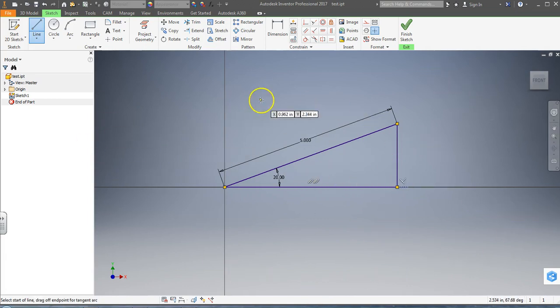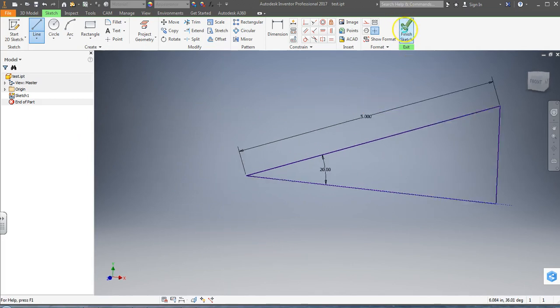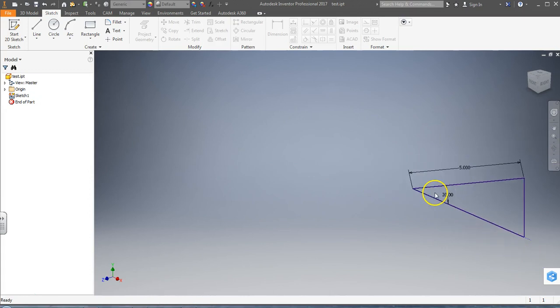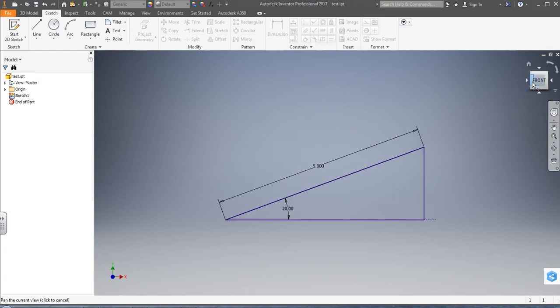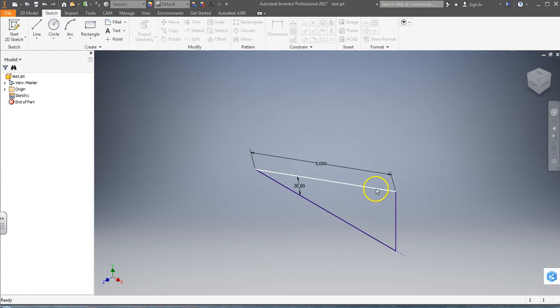Every time you're done, you need to finish the sketch. It will turn it into an isometric view. So look at my view cube. Here's my front. That's what I was looking at before. It made it an isometric view so I can see, and the reason is when I want to give it depth, I need to see. Regardless of what I'm making,